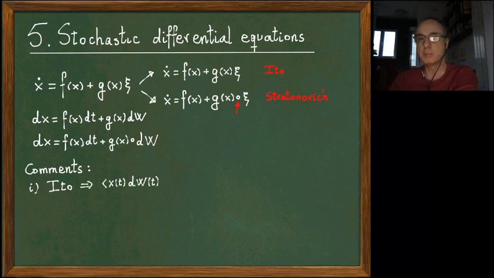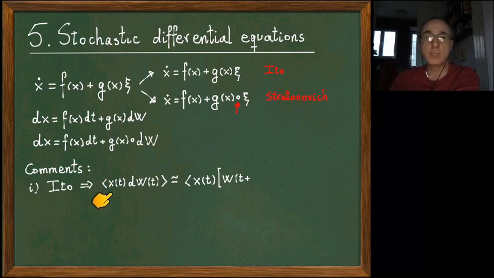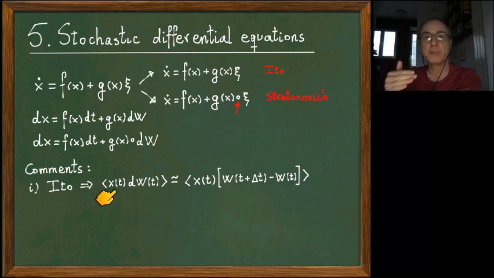So, okay, first, one of the main properties of Ito is that the product of the noise, this product, x times the noise, or g(x) times the noise, is zero, and it is easy to see, because remember what the Ito prescription is. We saw it in an integral, but you can see it here as well. X dW, what is dW? Well, dW is always W(t plus delta t) minus W(t). But what multiplies dW must be evaluated at the first point, at the beginning. So in this case, at W(t).